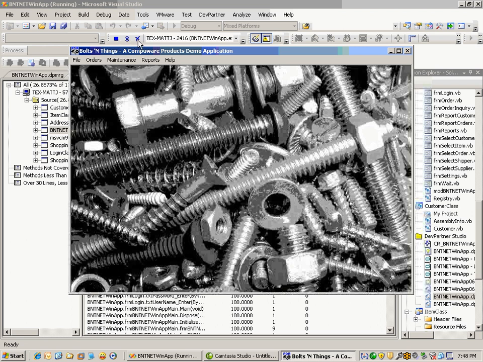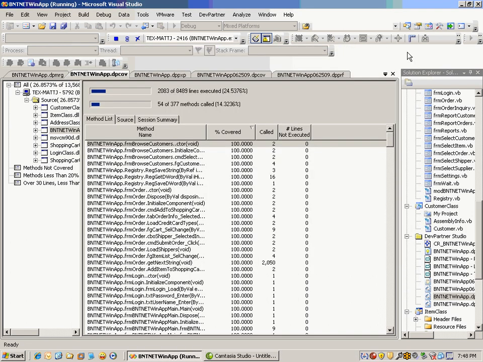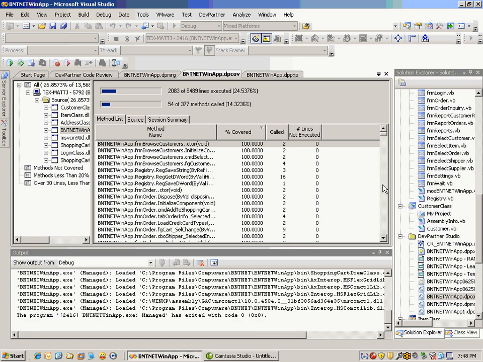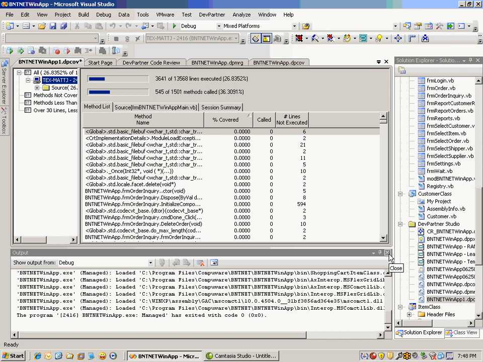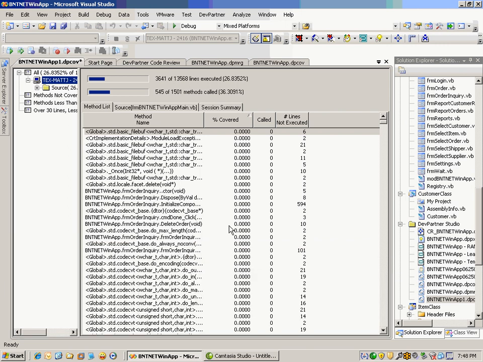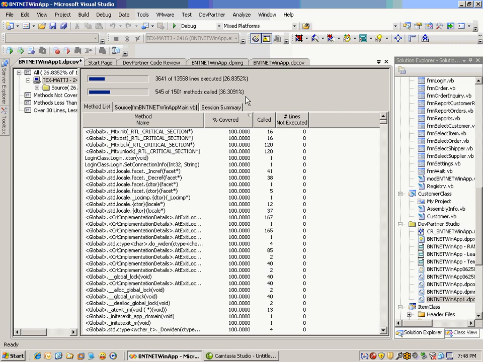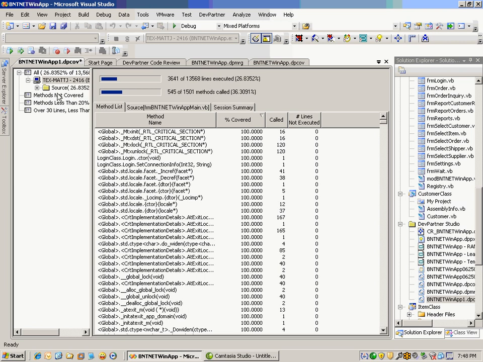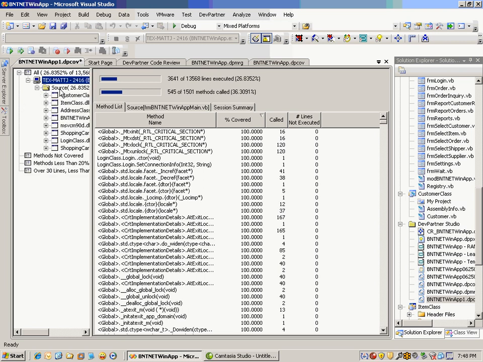Since I've completed the run that I want to do here, I can just stop the app and we'll force up a result set. Now once it's done, this is what the result set looks like. I'm going to close out this output window. And then what I have here are the metrics that I've invoked with these lines and methods. So I can go here on the left hand side, open up the source directory, where I can see that overall I've gained almost 27%, as I can see here at these metric bars too, of my lines have been